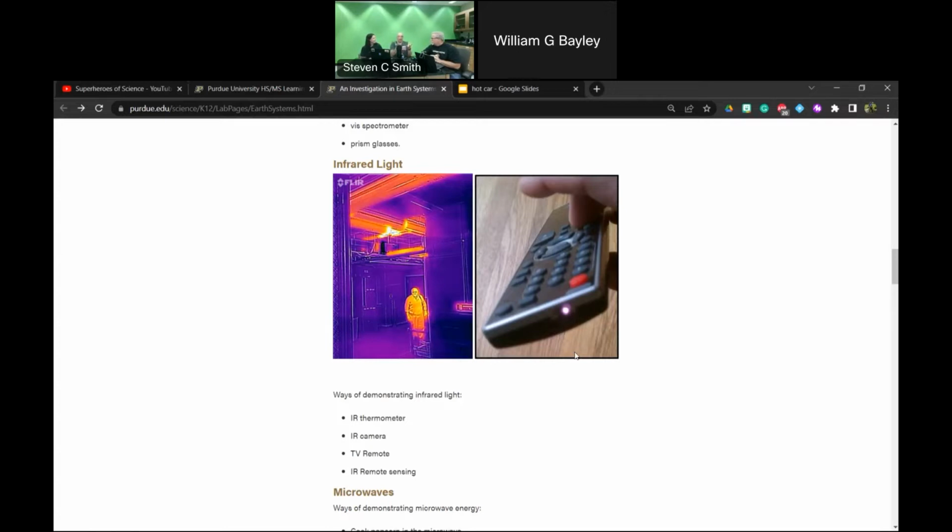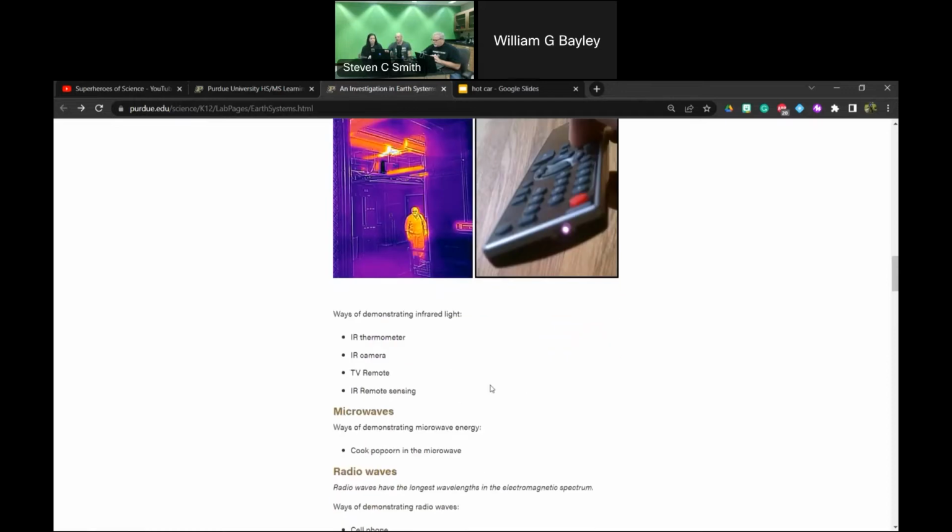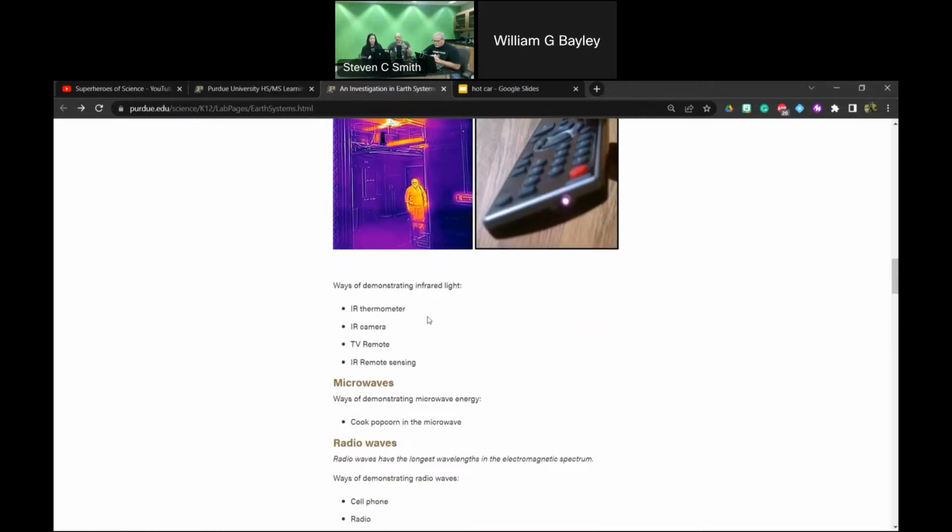And then we talk about it: your big DSLRs, you can't see it through those. And some of your phones actually have a filter over the top that you can't see that absorbs infrared light and does not allow it to pass through. And then of course, the infrared thermometer, someone mentioned the guns. Yeah, infrared thermometers, and we'll talk more about those in a minute with one of the demos that we do.